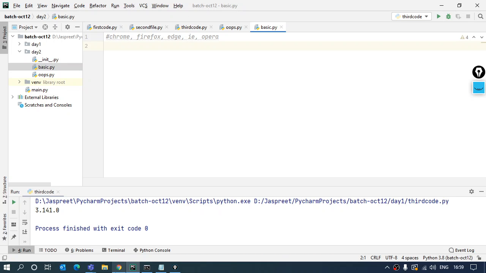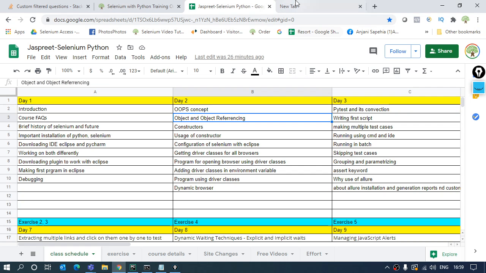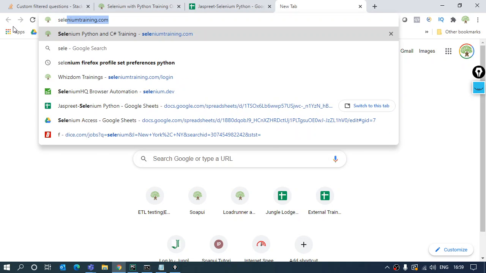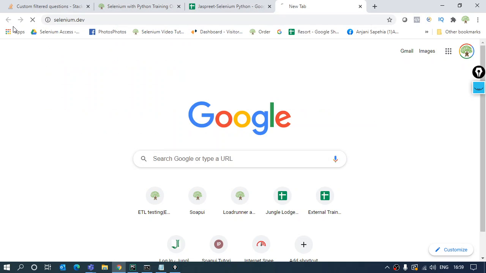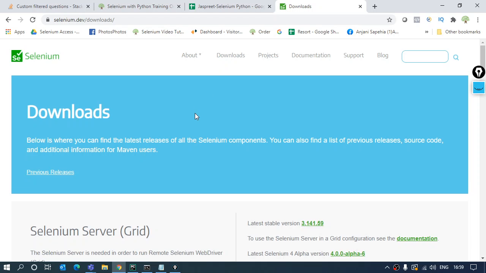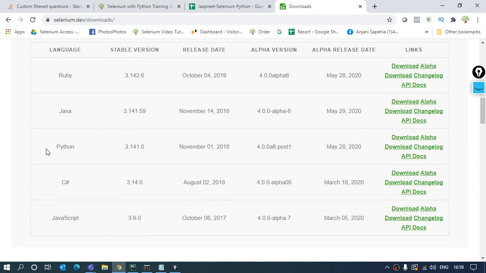Inside the Selenium package, I have a class which is going to help me do this. I'll show you. On the official website of Selenium, you will get every single detail, even the smallest detail. In the downloads link, you have to go to the API docs of Python.